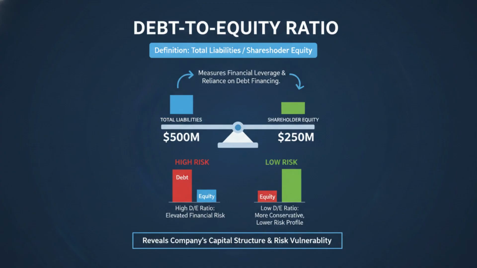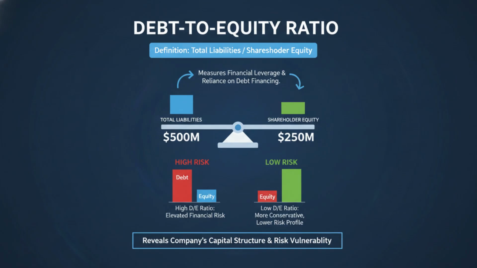Let's begin with the debt-to-equity ratio, often abbreviated as D/E. This fundamental metric is designed to measure a company's financial leverage by comparing its total liabilities to its shareholder equity. In essence, it tells us how much of a company's operations are financed by debt versus how much is financed